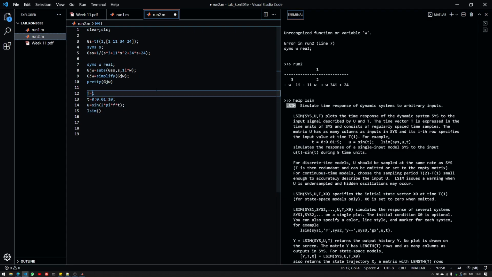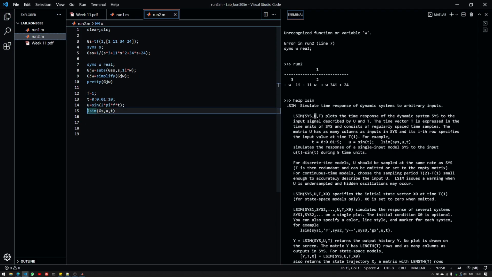And let's decide that f is, for example, 1. Now, lsim requires the transfer function, which is Gs, which is this one here. And we should provide it the input, which is u, and then t. So if we call this